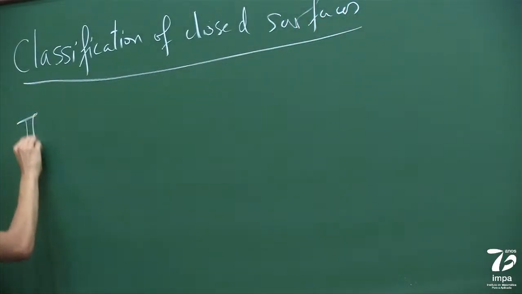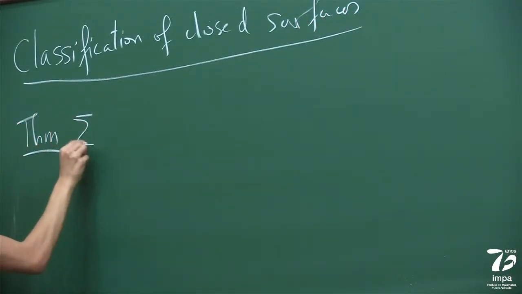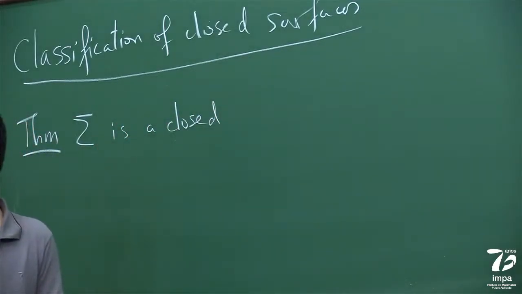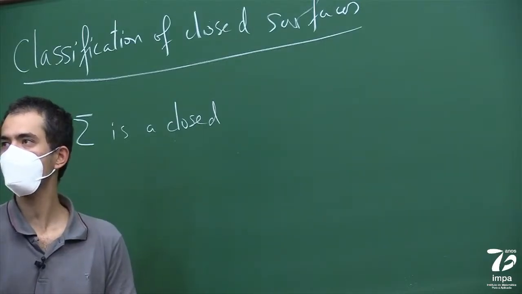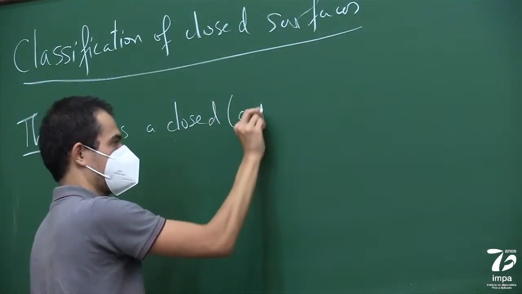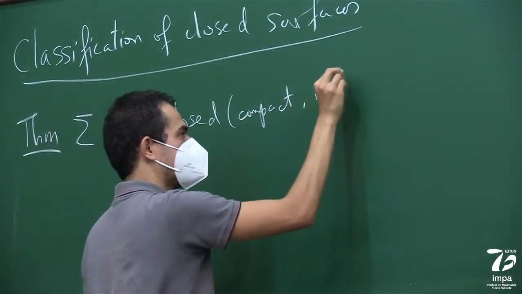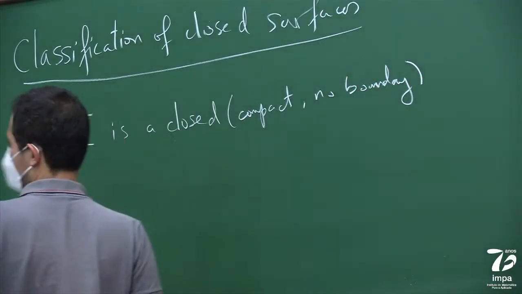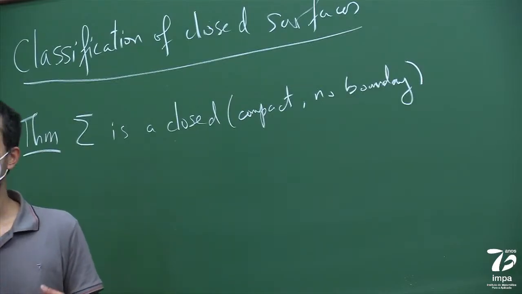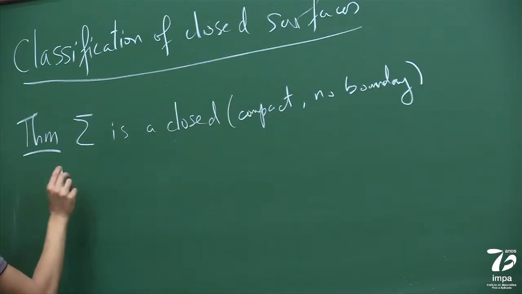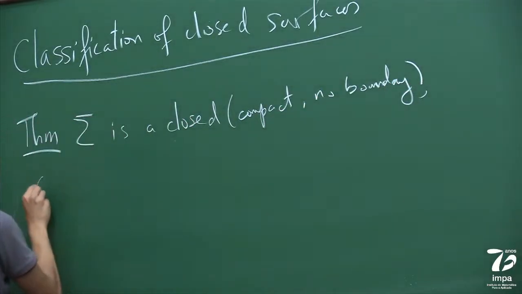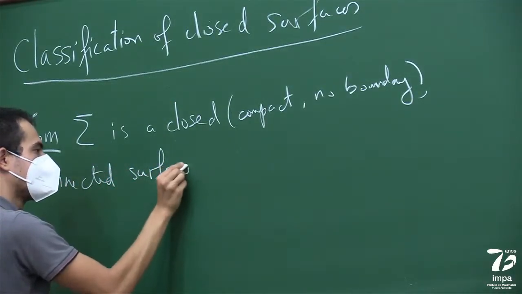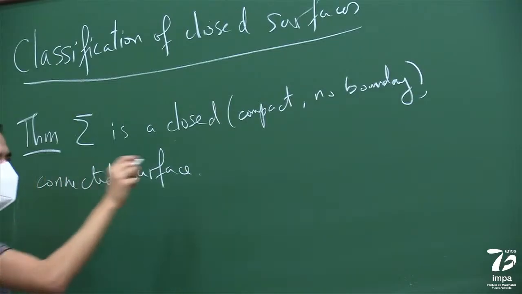So the theorem is that if sigma is closed, and remember closed for manifolds means compact and no boundary. And of course connected, because if it's not connected, then it's several manifolds. So closed and connected surface, that just means a two-dimensional manifold. Then